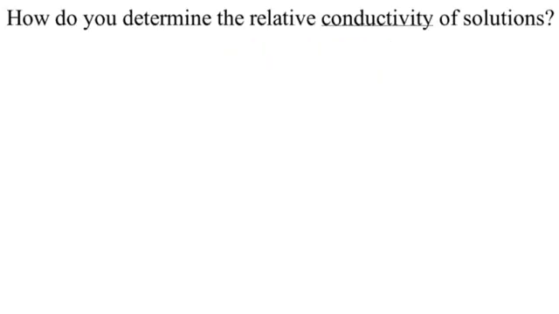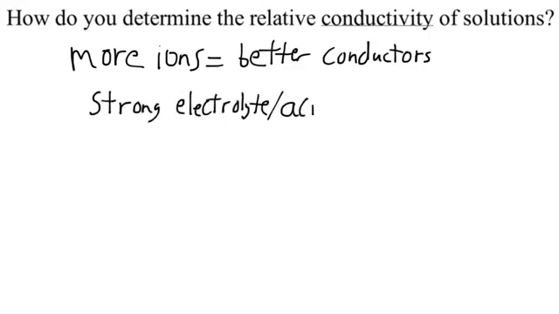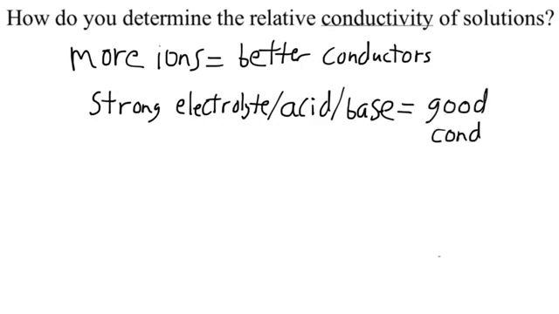Okay, once you know the strong electrolytes, you can determine the relative conductivity of solutions. It's easy. If there's more ions, then moving charges conduct electricity, so they're better conductors. Electrons don't swim, you need an ion to carry the charge. So the strong electrolytes, those are good conductors, or strong acids or strong bases,